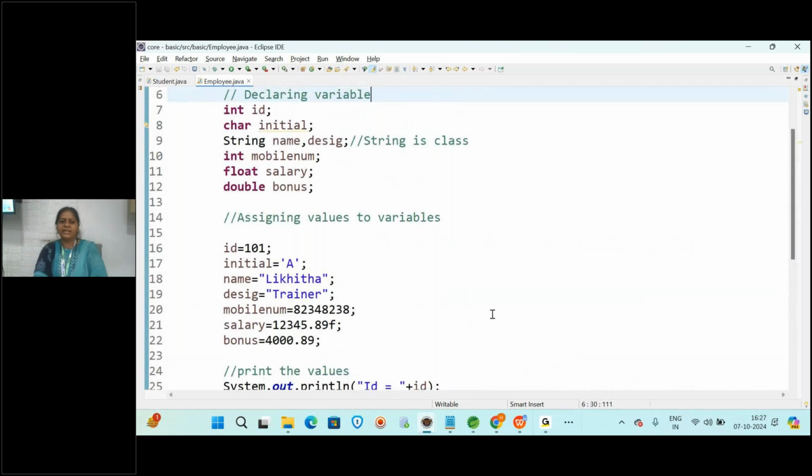Okay, so data types. Int gives numbers, char means characters, only a single character, and float means decimal values. Double also stores decimal values, but it can store higher decimal values. And then String is a class in Java where you can use variables to store a group of characters as an object, not a data type, but as a what? Object. Clear? Online students, is it clear everyone?